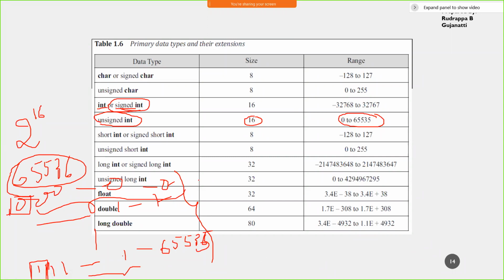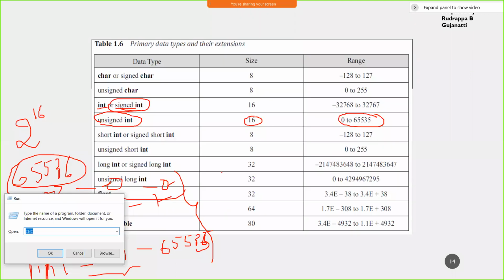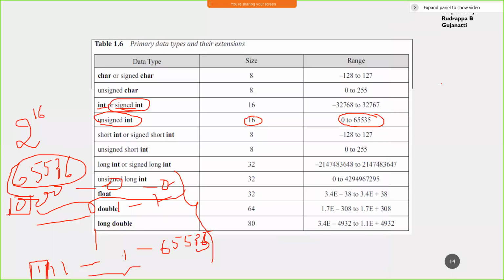If I just check it out, 15 bits are there, so it is 2 raised to 15, which is 32,768. So these are the possible numbers on each side.